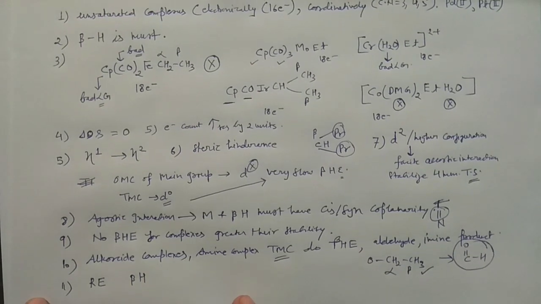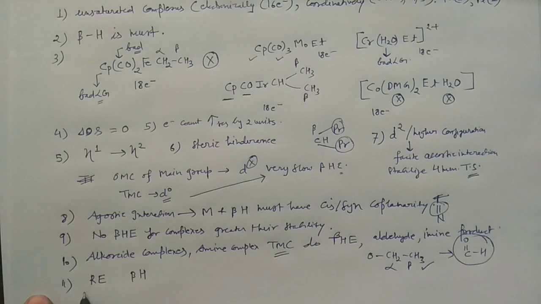So the simplest answer is that when the metal is in high oxidation state, this I have already told you, then it will undergo your reductive elimination. And if it is in low oxidation state, beta hydride elimination reaction. How can we explain this? See, when the metal would be in the low oxidation state, just like that, you can see here.